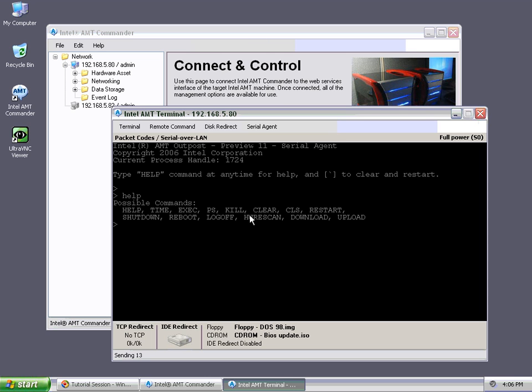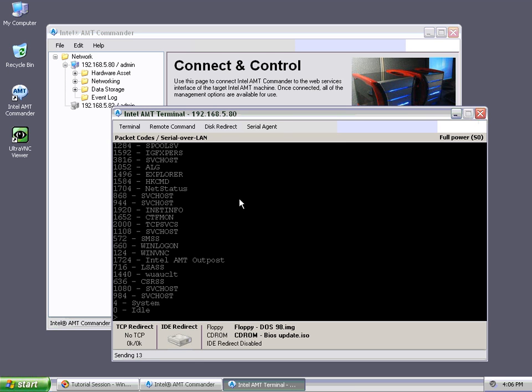Now, what's interesting is that Outpost uses and binds to the serial port of Intel AMT, and I'm connecting using Intel AMT to the console here. This prompt will work even if all the network adapters are disabled in the Windows OS. So I can go in the Windows OS of the AMT machine, disable all the Windows adapters, and then I can still get this prompt, and I can, for example, use PS to enumerate all the